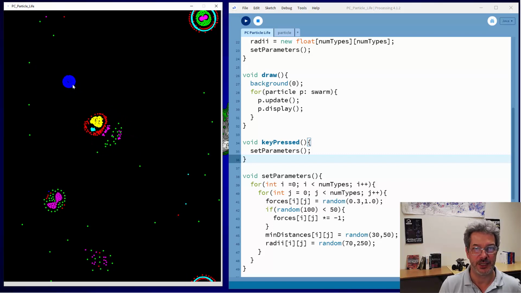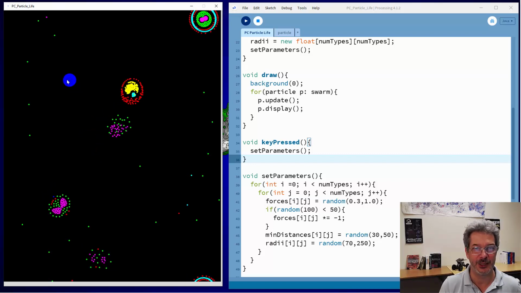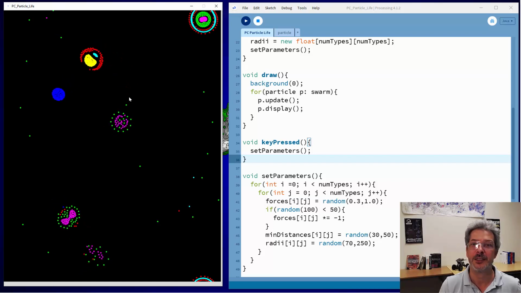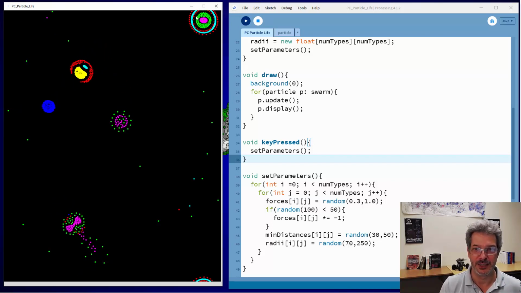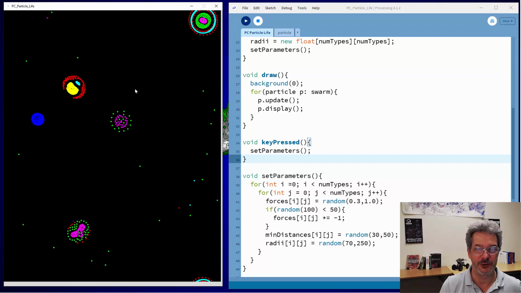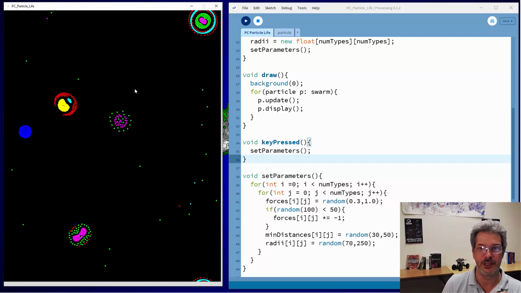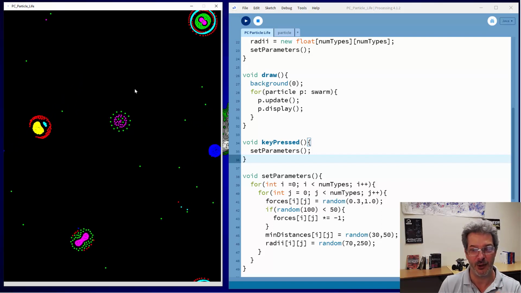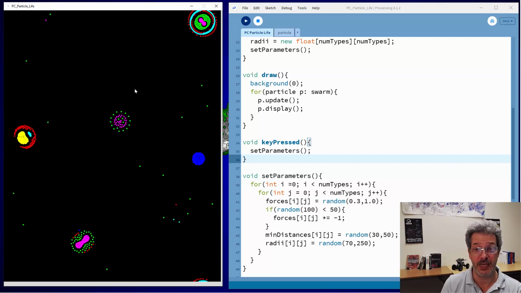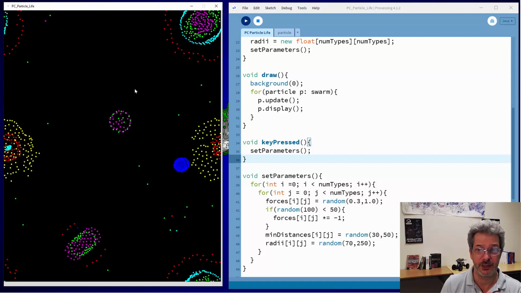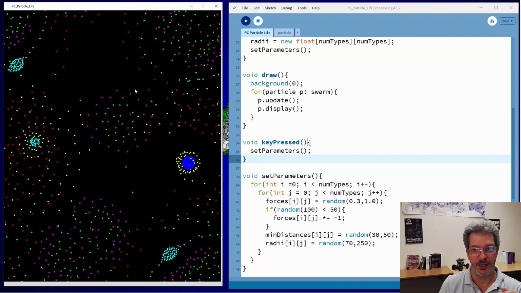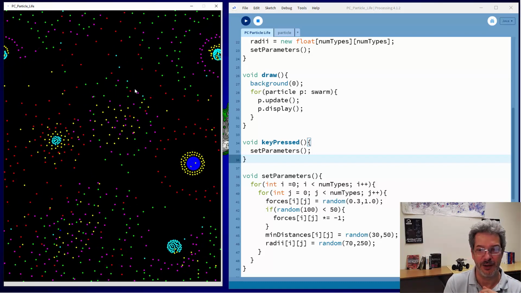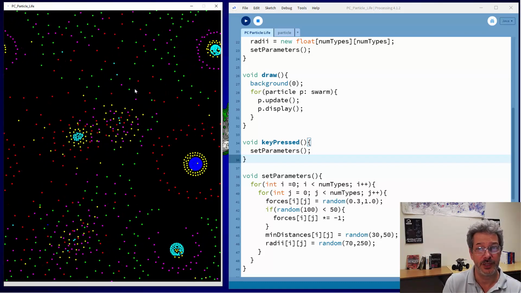Although some very interesting, blue is clearly strongly attracted to itself, but as soon as something else gets close to it, they start to move away. Right? We get these interesting, over here, a very complex cellular structure. So this sort of illustrates why particle life models are so interesting, because you get all of these strange emergent behaviors from what's really a fairly simple rule set. So hit, in this case, a button, and we get a different rule set, and they all start moving around in different ways. Other things to think about: